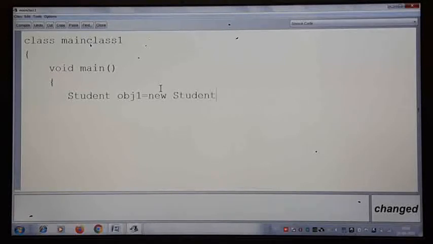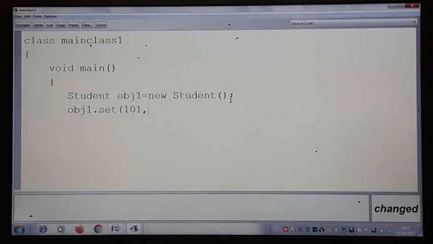It means I created the very first object with the name obj1. This is the first student, and with new student(), I am allocating memory for this particular object. Once I finish with that, I want to set the data members of this object with id 101, then marks in 2 subjects.